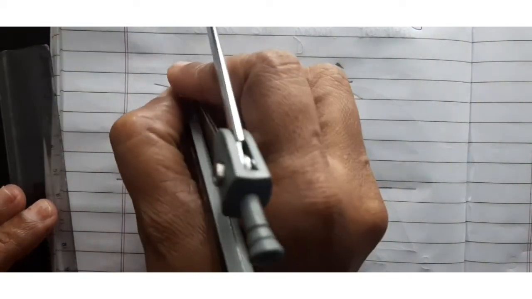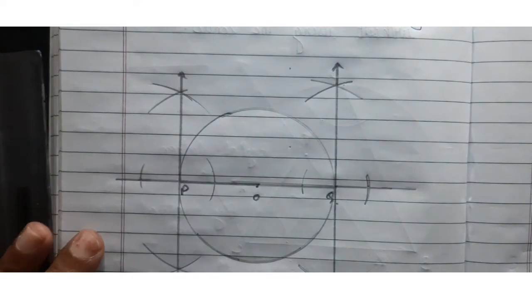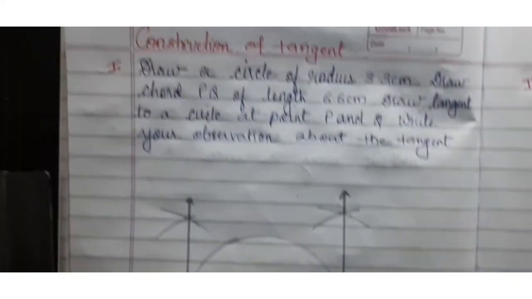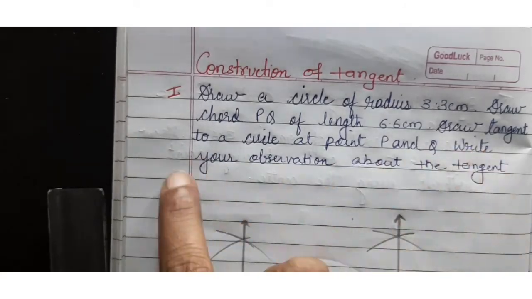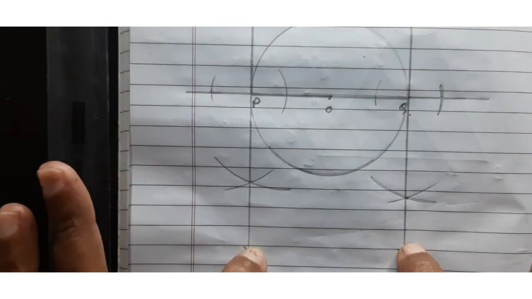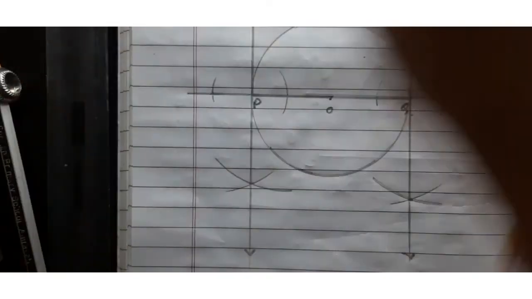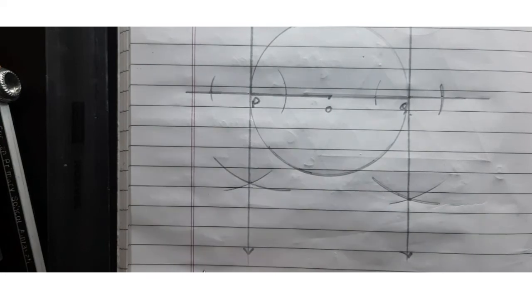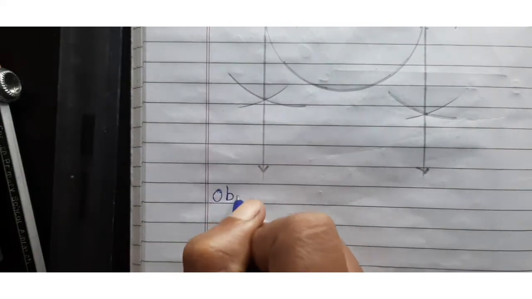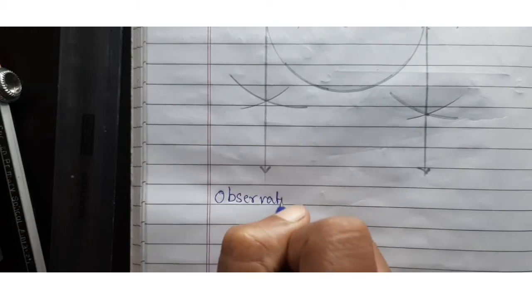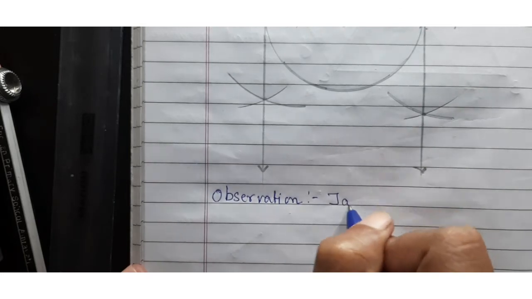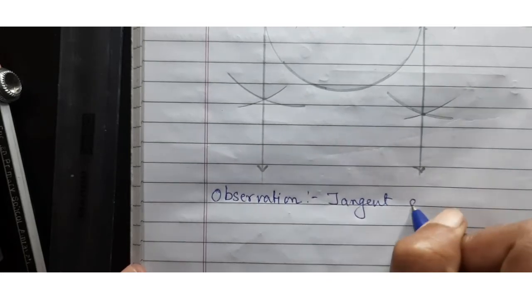Okay. With this, this is the construction that we have to do. One more question is added over there. What is that question? Write your observation about the tangent. Now what do you observe from this? What do you observe? That observation will be what? Tangents are